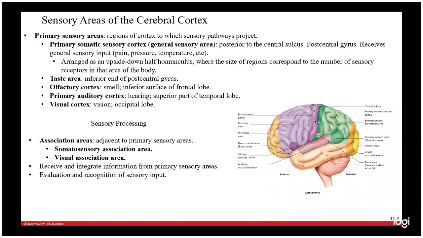All right, so here's where I said you are going to need to know where in the cerebral cortex different regions interpret different senses. So the general sensory area, you'll need to know the primary somatic sensory cortex. Primary somatosensory cortex is right here. And it receives the general input, pain, pressure, temperature, all of the things that are just kind of happening around in a general area. When it says arranged as an upside down half homunculus,